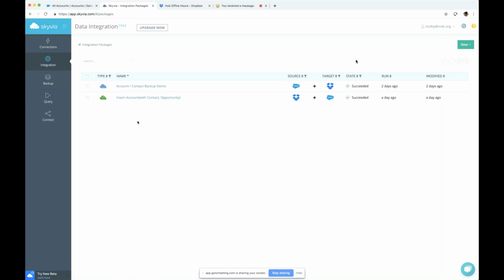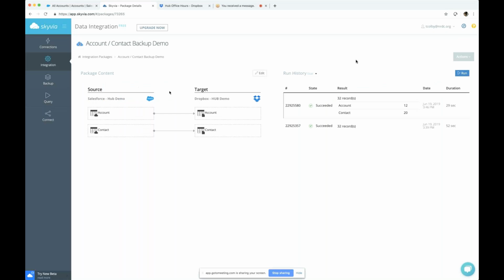So I'm going to start off just walking through a backup operation that I set up here, and it's extremely simple. The use case here would be backing up my account and contact information. That's the most core data to the business, making sure that it's set to the side in a separate location. So what we have here is a source and a target, and I'm going from Salesforce,